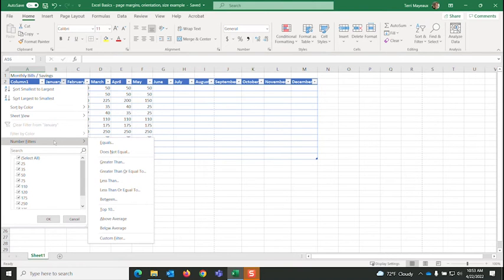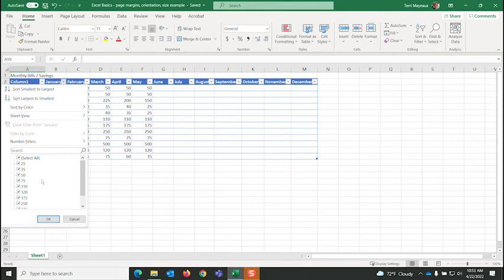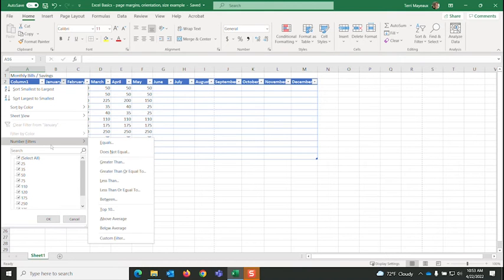I could look at the different kinds of filters that I want to create. So beyond checking the filters that I want to use down below, I could create custom filters for cells that equal a certain number or don't equal a certain number, or there's a range of numbers, or I could even choose top 10, above average, below average, and even then go to custom filter. So I have a whole lot of filtering and sorting choices within this table